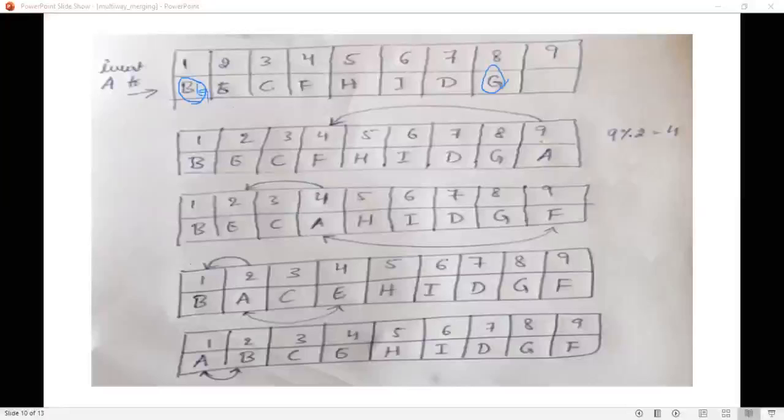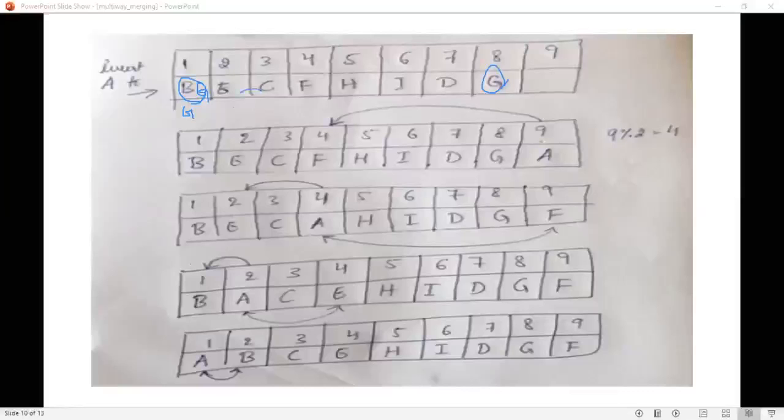How to do the reordering? You have to find the children of this node, that is the left child is 2 into 1, that is 2, and the right child is this one, and then you have to compare these two children and check which is smaller.